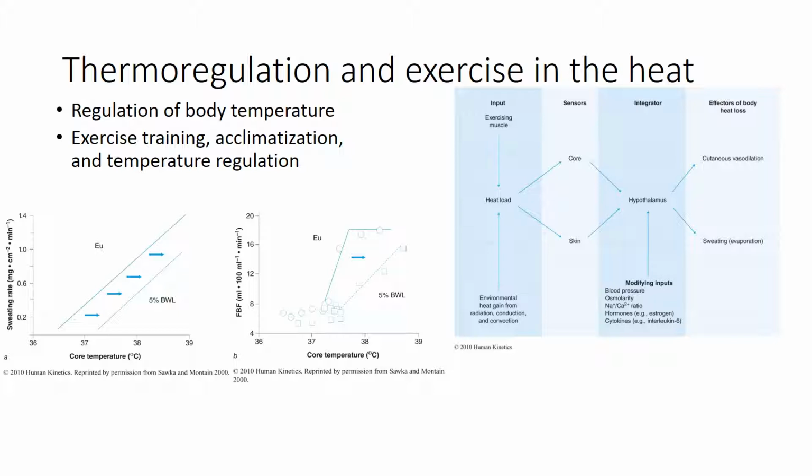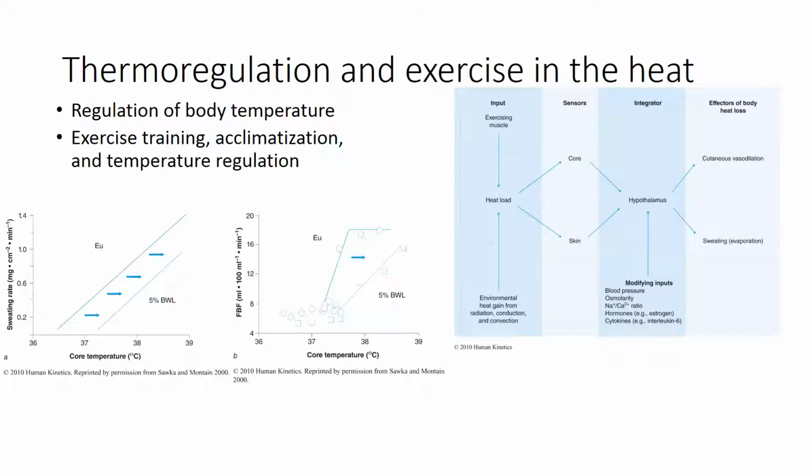Okay, so now we also have the heat load we're going to get from just exercising. Burning calories, contracting our muscles creates energy. That's going to increase our heat load because remember, we're not 100% efficient. We then sense this temperature in 2 areas of our body. One is our skin. The other is inside of our core, specifically more in our nervous system.